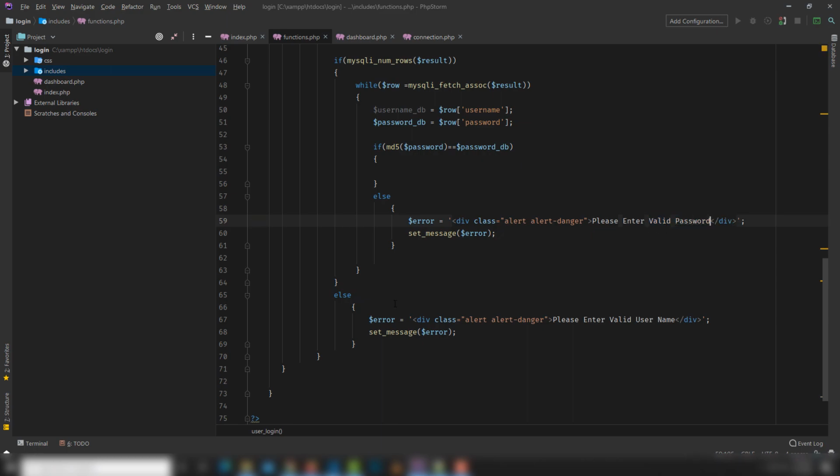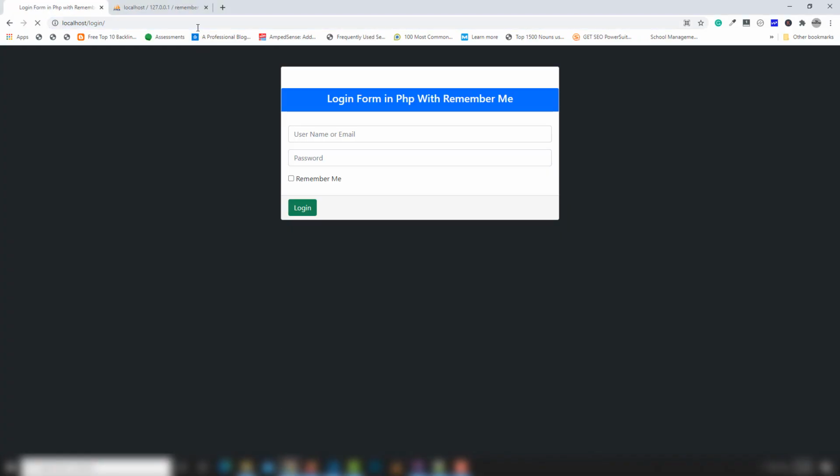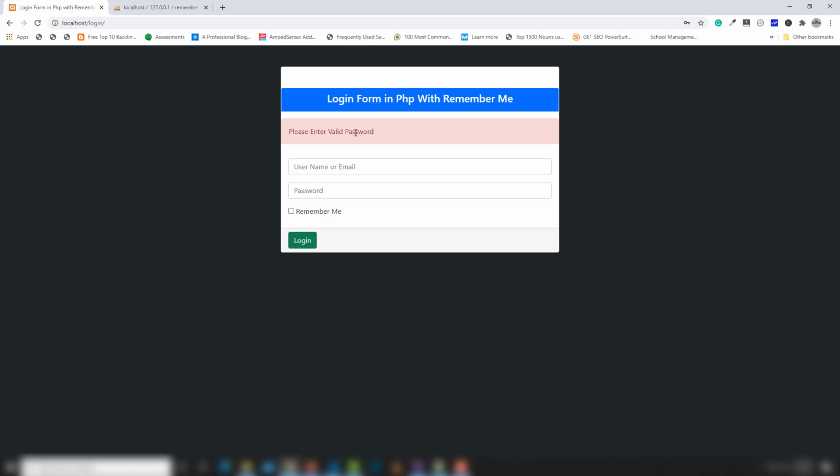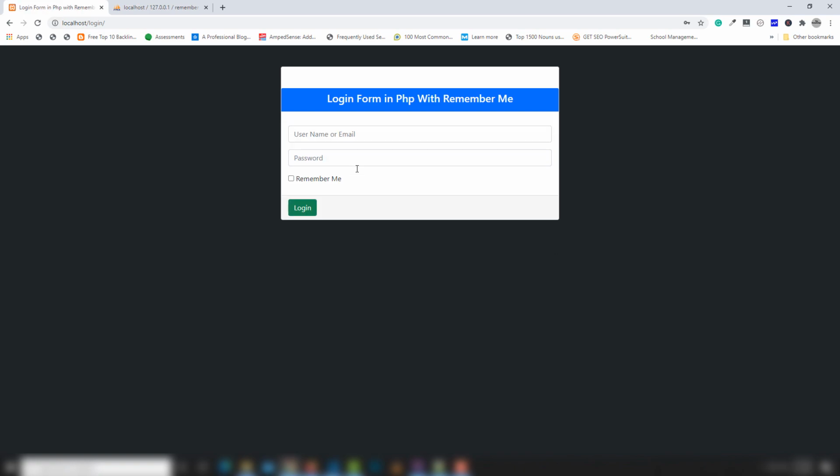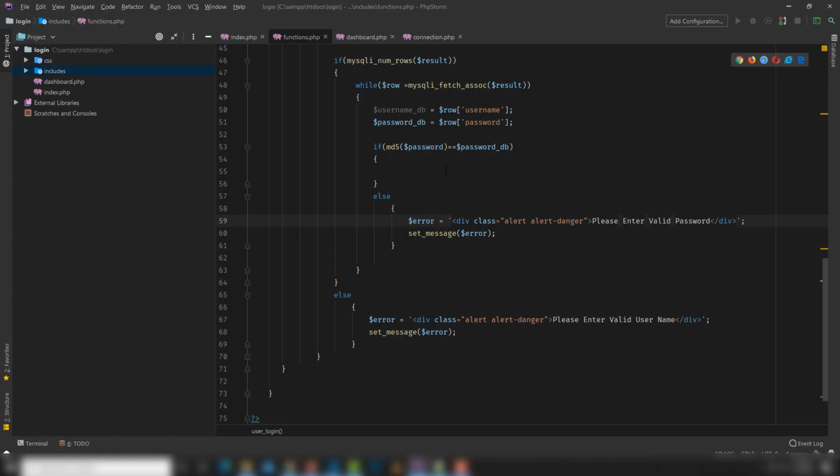So let's check it now, it's working or not. This is my username, and I'm gonna enter wrong password. Please enter valid password. I'm gonna call admin, hit enter. As you can see, everything is perfect, right? So inside this one section,